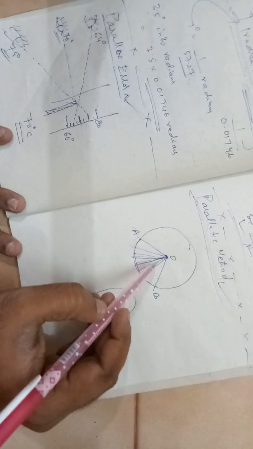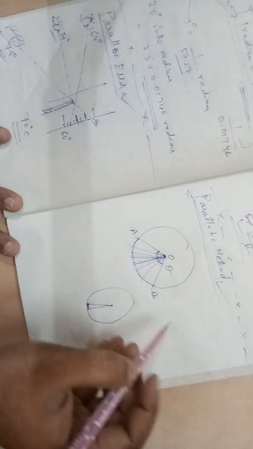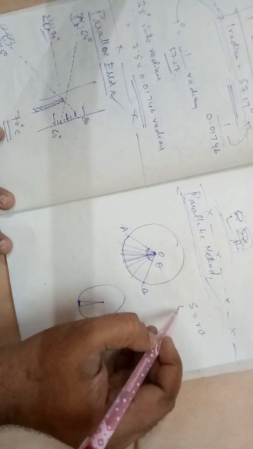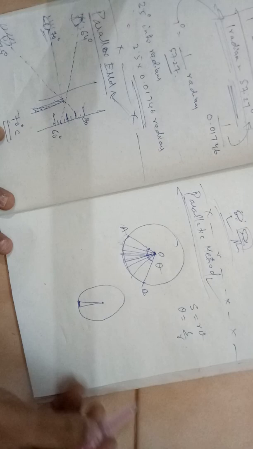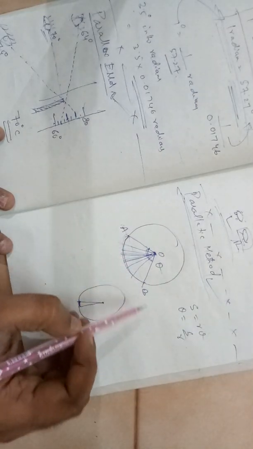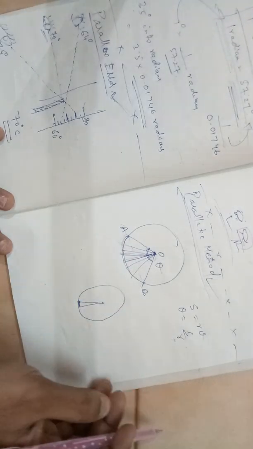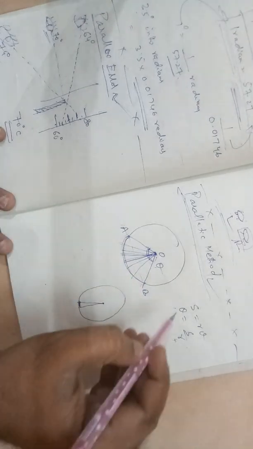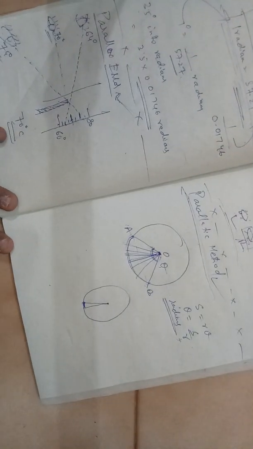Now in this situation, if theta is the angle in radians, we know the relationship S is equal to R theta. So from here I can get theta. Theta is equal to S divided by R. S is this arc portion, not this straight portion, divided by R, the radius of the circle. I will get the angle subtended in radians. Remember, this angle is in radians, not degrees.